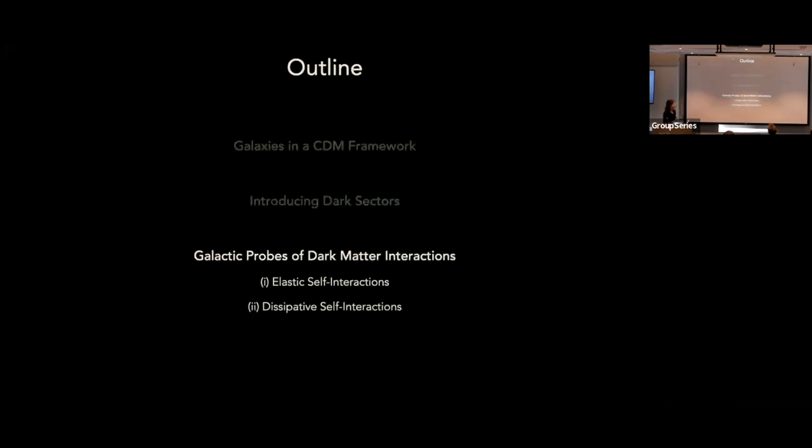Okay, so with that setup, I now want to delve into two specific concrete examples to work through how changing the dark matter physics ends up impacting galactic probes. The two examples I'm going to focus on: first, starting off with dark matter that can interact with itself, but does so elastically. And the last example is where those interactions continue to occur, but where energy is allowed to be dissipated from them. So it's an inelastic self-interaction, using the word dissipative instead of inelastic.